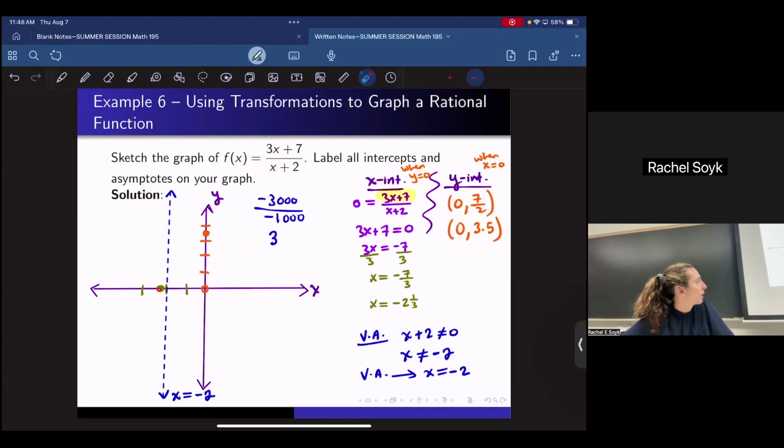So how do we sketch this out? It's never going to go below, slowly increasing, very slowly. That might even be too steep. And then we have this asymptote. You know what we can do? We can